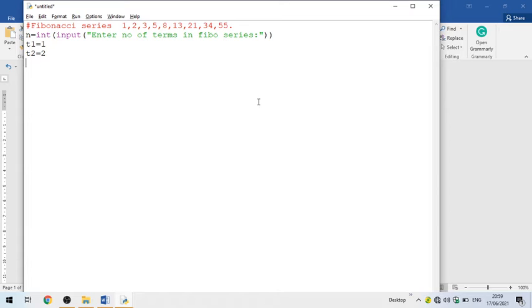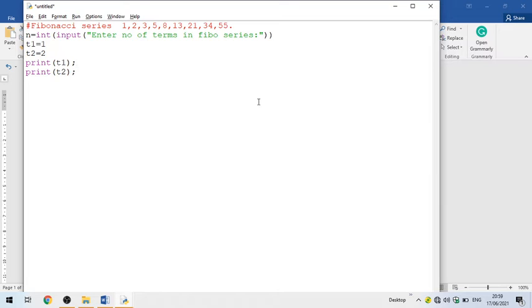Then the first two variables we need to print here. Print T1, and another variable we print, T2.